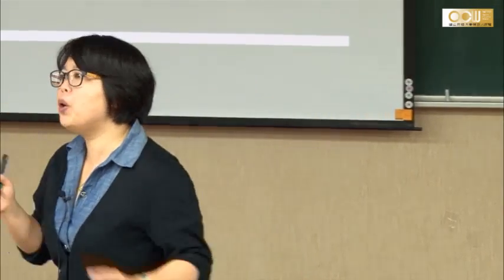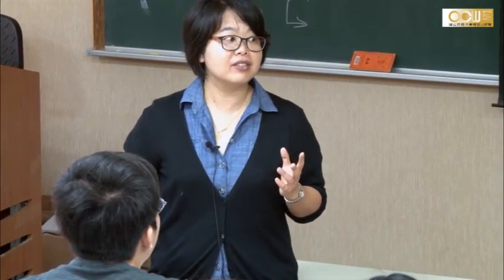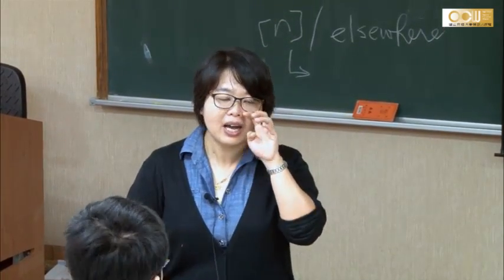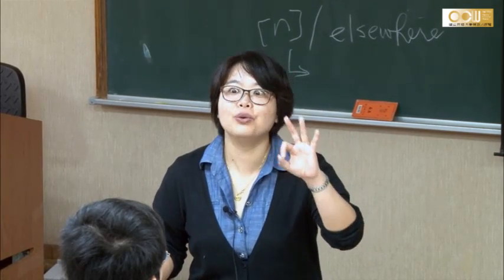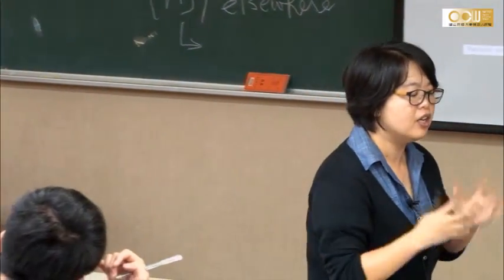Let me ask you, for the word cat, how many phonemes are there in cat? How many sounds? K, a, t. 3 sounds. You should know by now. How many segments in cat? 3 segments. Okay, segment is kind of a synonym for sounds in the context of phonology. Do you think k itself means something? No. A doesn't mean anything. T doesn't mean anything. It's the combination of k, a, t. It means that